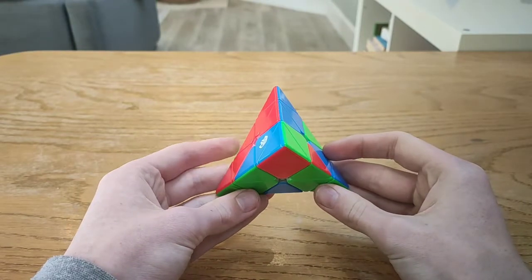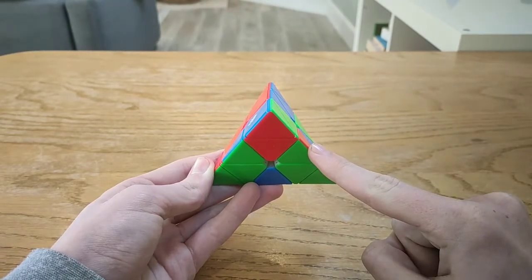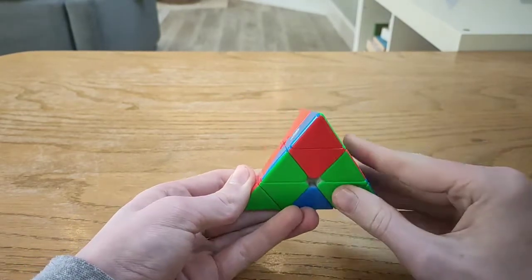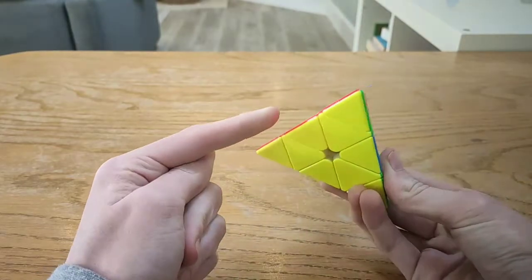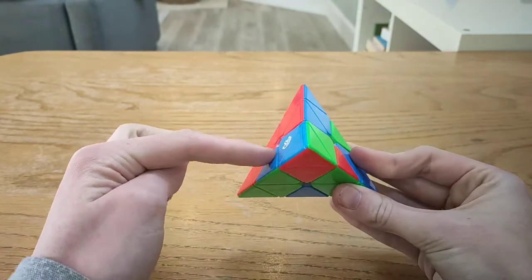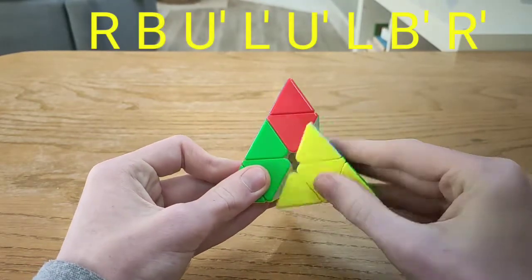In this case, you have one piece that's flipped but in the right place, and you have one bar pointing down to the right. And you hold your correct piece on the bottom to the left, and your bar to your left here. And the algorithm is